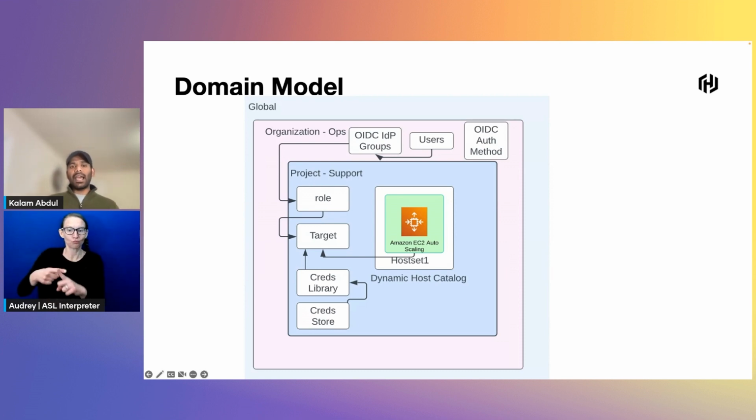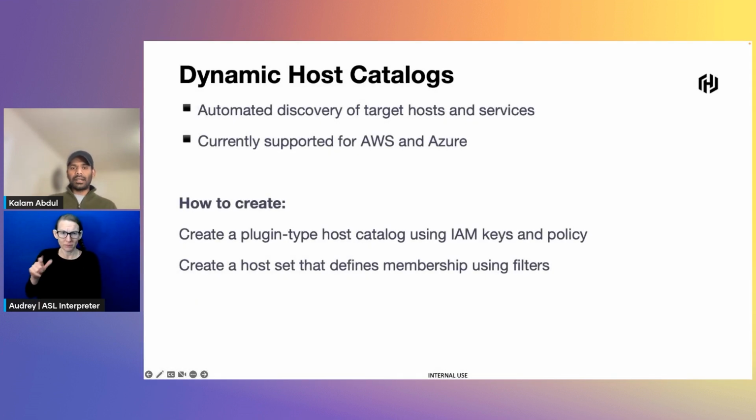So now that we have infrastructure and we have authentication set up with the OIDC auth method and the dynamic groups, users can authenticate to the organization scope, and now we have to set up the target systems, the host catalog, and the credentials to connect to Vault, right? So let me go into the next slide here and talk about what is a dynamic host